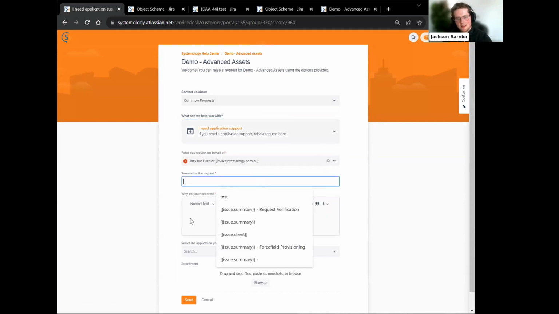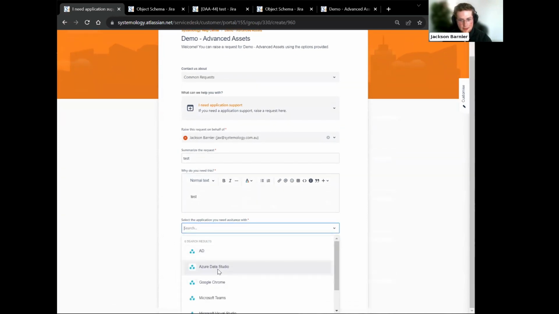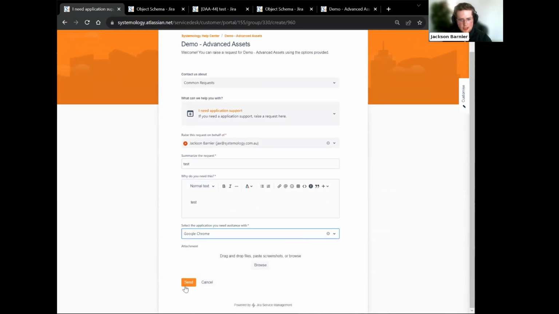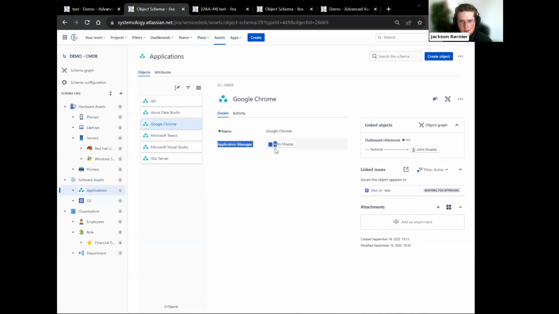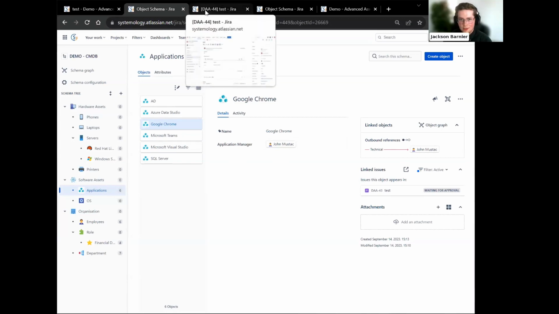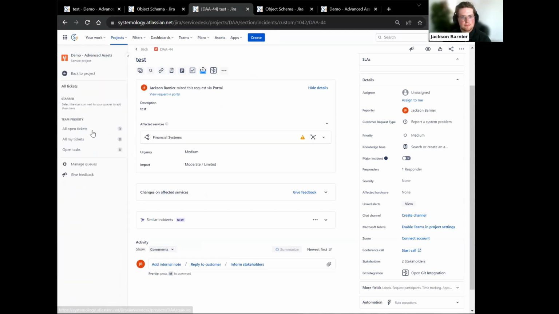Add a summary, add a description, select my application. We can do Google Chrome again. This will actually assign my issue to John. Right. So in here, he's my application manager. We could also have extra details in here with support groups and whatnot, and that can populate any field you like. Now, if we go back to a queue,